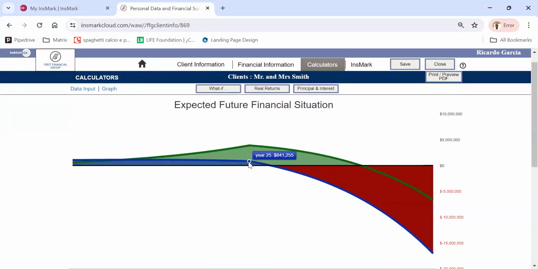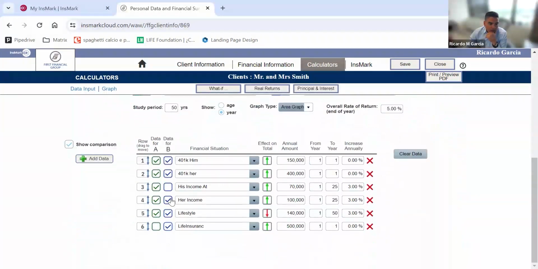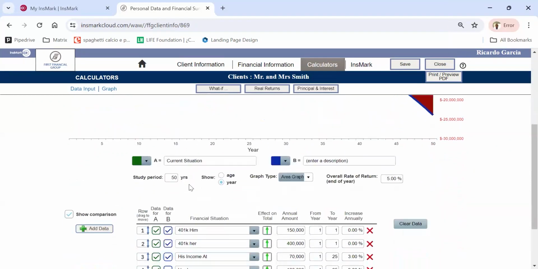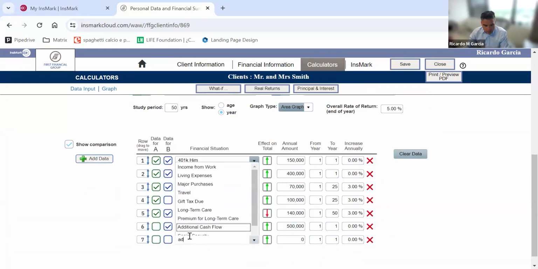With the life insurance, are they better off or less better off? Less better off. Look, it's not the right amount of life insurance, is what we're trying to get at. It doesn't do much. And if it's the wife that passes, this is what they look like. He doesn't even get there. Even worse. So what we're trying to determine now is what is the right amount. So we add additional life insurance.